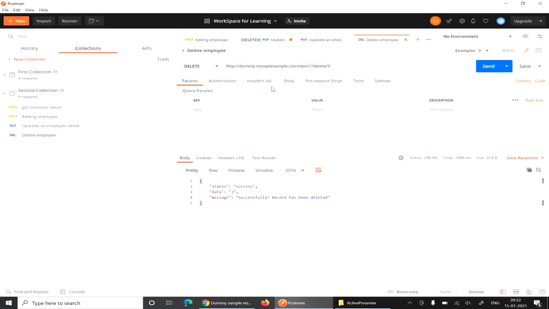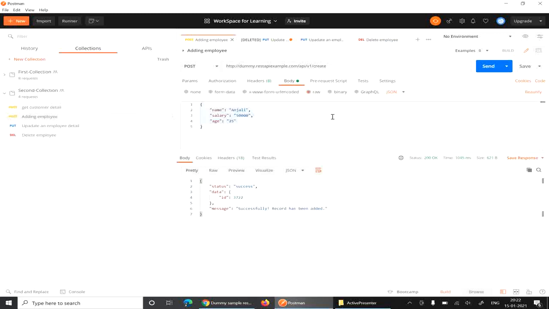Now we will see the validation part. We will look into the POST method, for validating your request and response, whether your request body and the response body are both correct or not. So this is the POST method. Let me send again. Okay, we need to check whether this employee name matches the response or not.